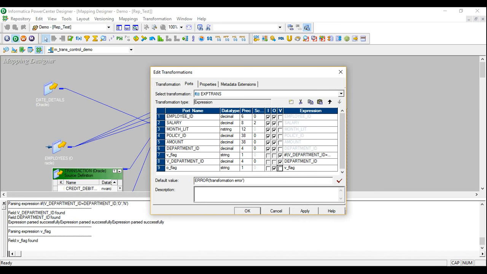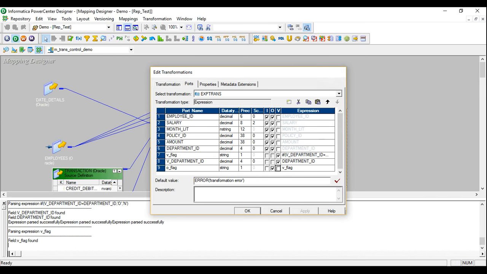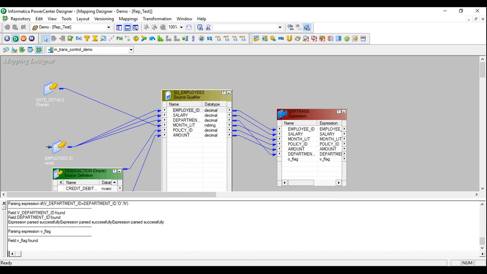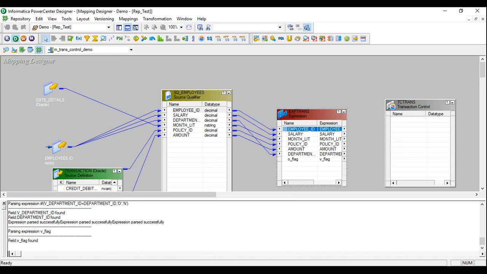Now I will run it in debugger mode to actually explain what's going on, because I'm sure right now it's not very clear. The thing that you have to remember is that the input ports are loaded first, the variable ports are loaded second, and the output ports are loaded last. The variable ports are loaded in the order from top to bottom. Then we have a transactional control transformation, which is represented by this symbol. I'm going to add this. I'm going to copy all these to transactional control.